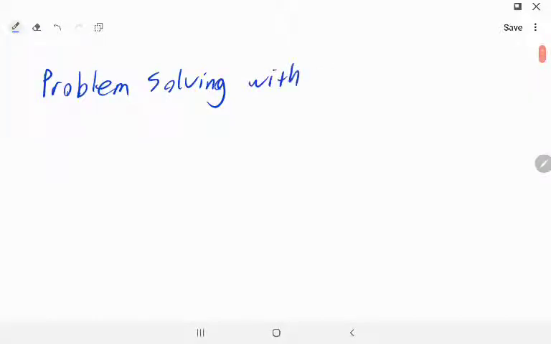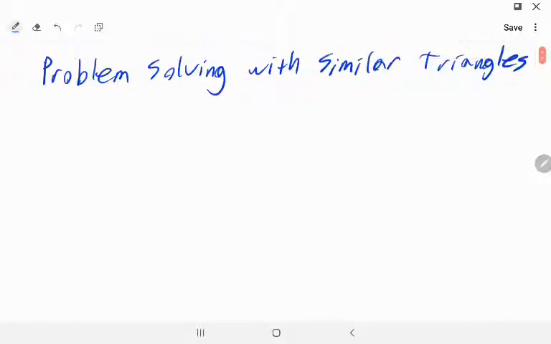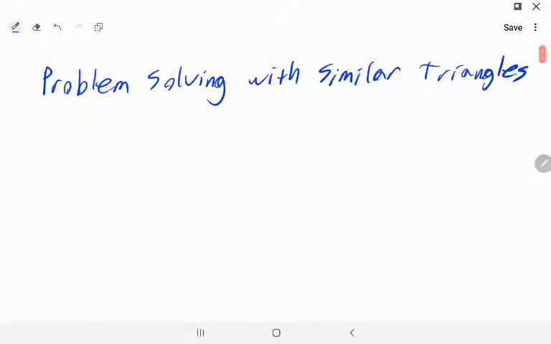We'll talk just a little bit more about similar triangles. We already did a little bit of this. But similar triangles actually wind up being a really common tool we use for solving real-world problems. We noticed that if we had a building, and we wanted to know how tall the building was,